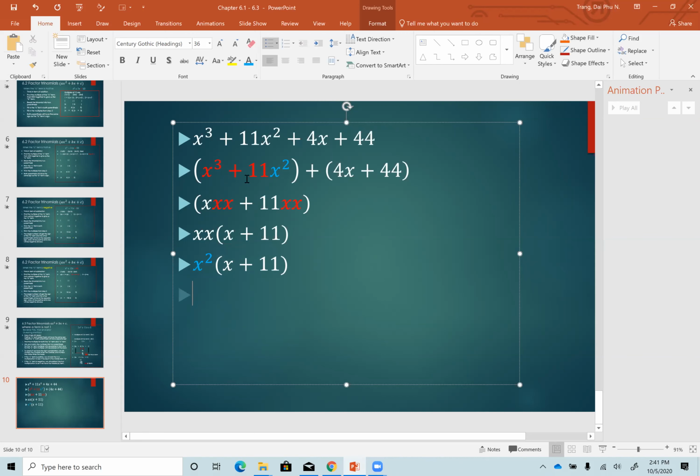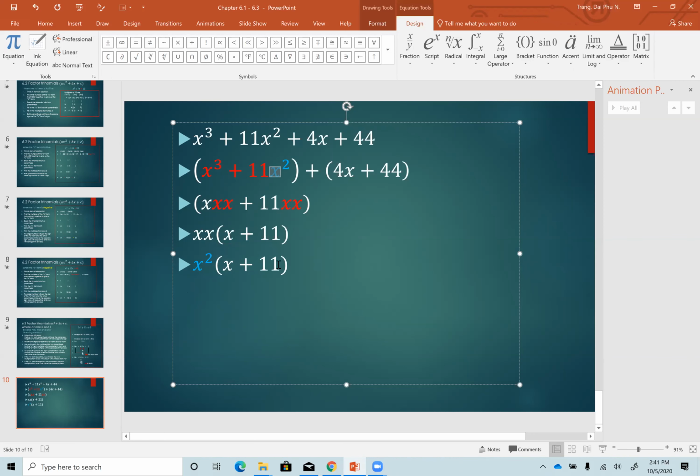With the 2, I took everything out. That's why there's nothing left here, so I only have 11. So everybody still with me in terms of the first parenthesis? Yes. Now, in the second parenthesis,